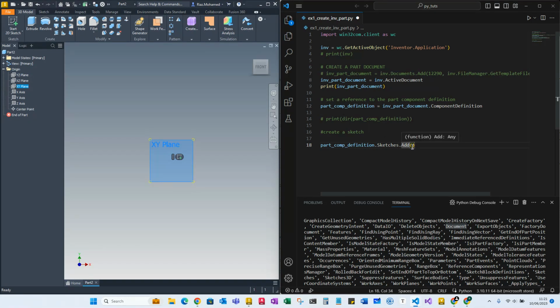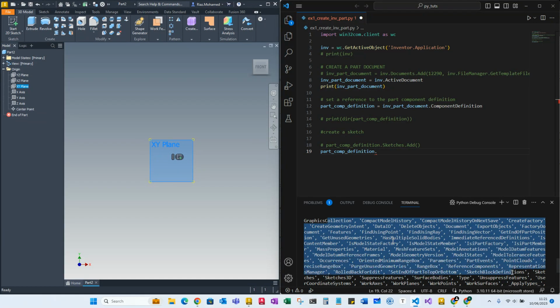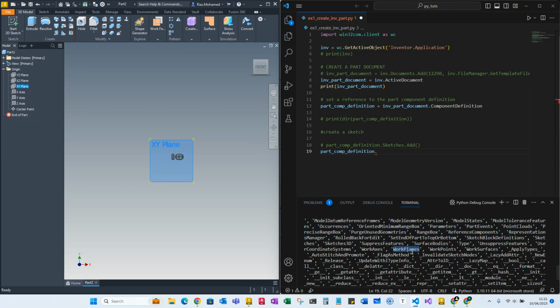So what we need to do is call the work planes object now. We have to find out from the work planes object. For example, if you want to find out what the different work planes are, you just look for part component definition dot. Inside here are all the different collections, and we had work planes, right? So if you copy that, we want to know what the different work planes are. So if I just print this out,